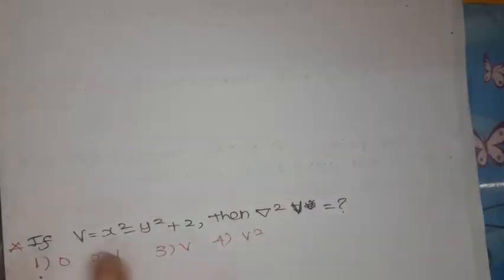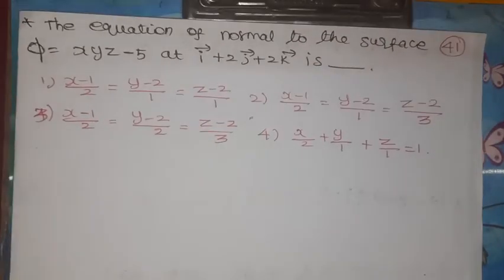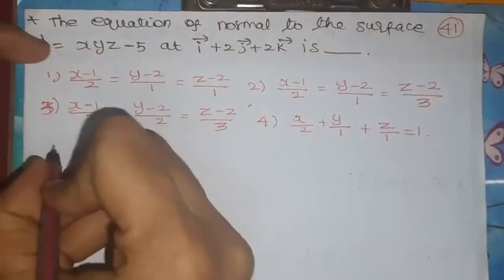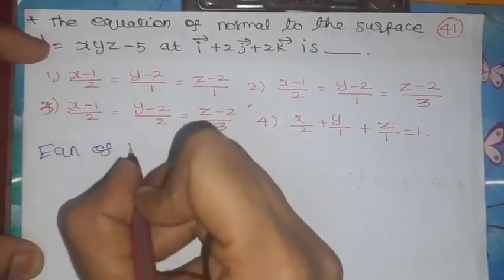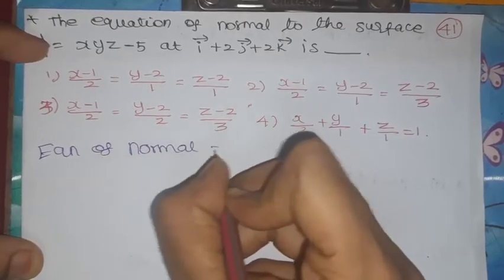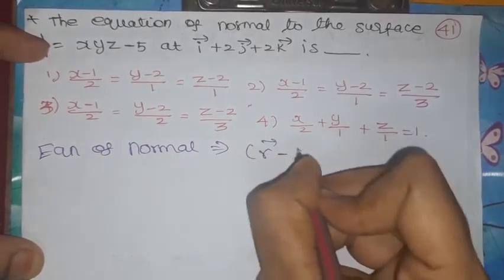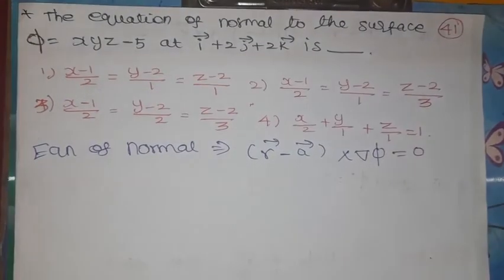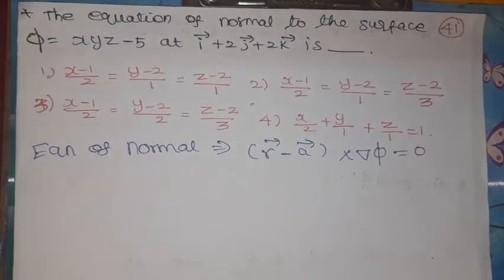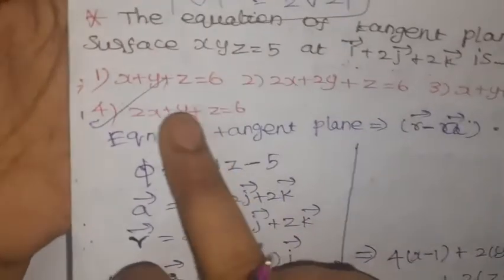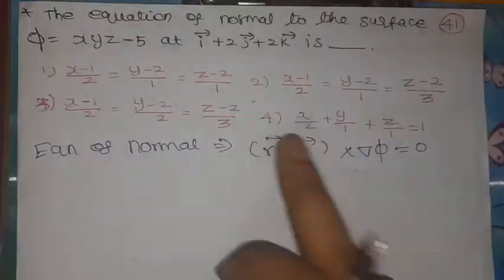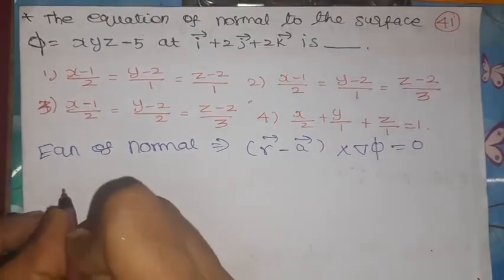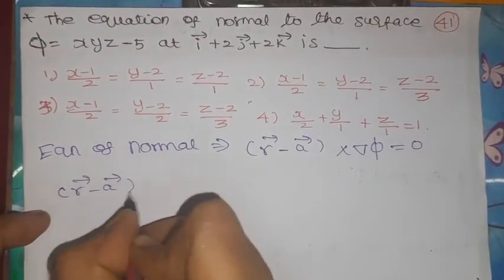Then, as I said earlier, now we can find out the equation of the normal to the surface. So what is the formula to find the equation of the normal to the surface? It's nothing but the same thing: (r vector minus a vector) cross del phi equal to 0. The same data is given, right? This xyz equal to 5 and the direction the same thing. So we will find what r vector minus a vector is. I am not going to repeat, okay.